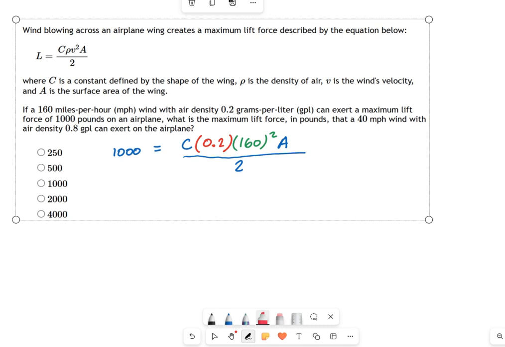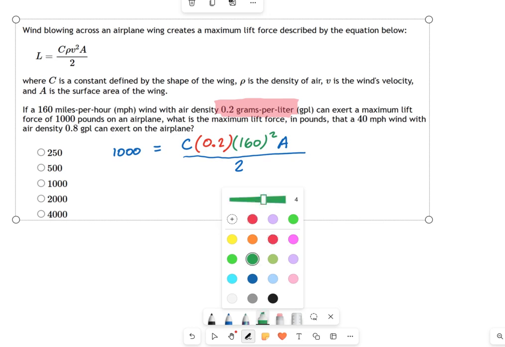Now, I've written the equation right here. I've written this original equation. See, I brought that guy down here. And I've put some variables into it that I want you to spend just a minute reading from this paragraph. See, I've got my 0.2 grams per liter. That's my density. And let's use a different highlighter color. Let's use green for velocity. I've got my wind speed right there. Notice how I've put those into the equation.